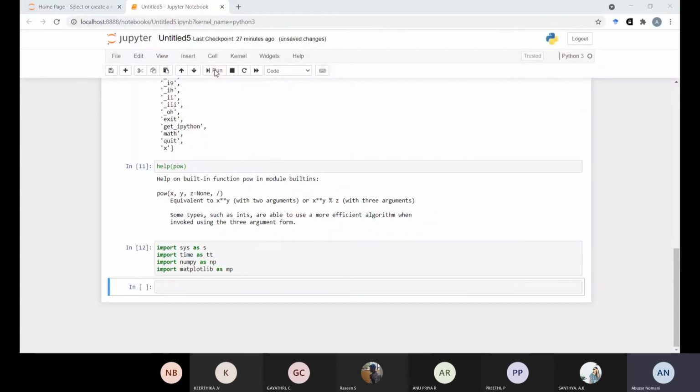When calling a specific function contained in an imported module, we use the short name. Here we have written import time as tt. So to check whether time is functioning or not, we can run it.